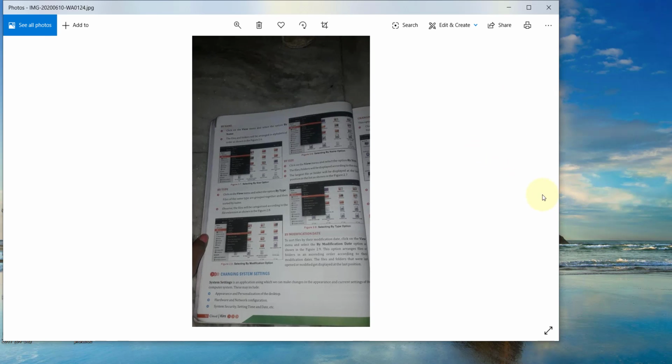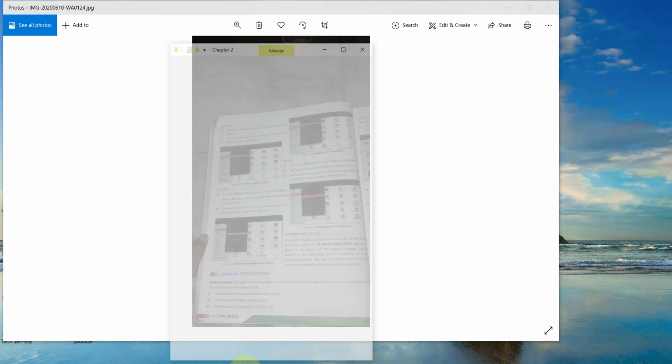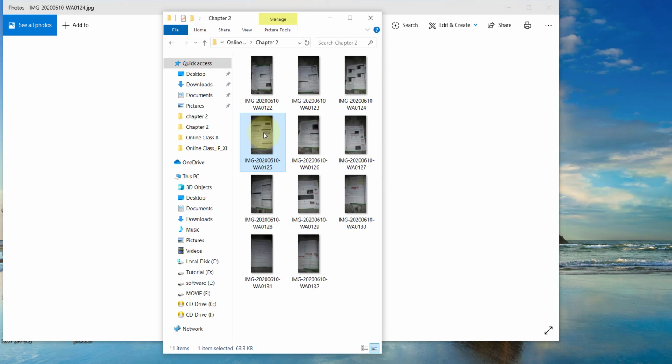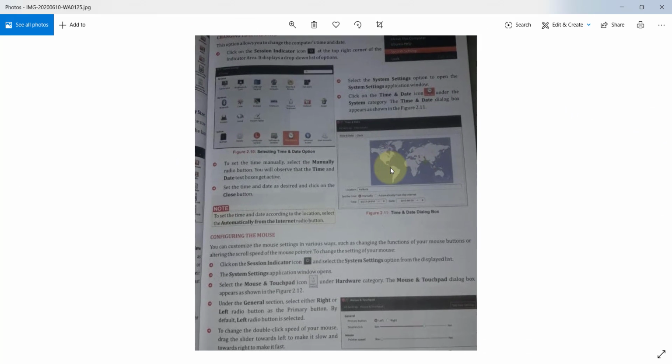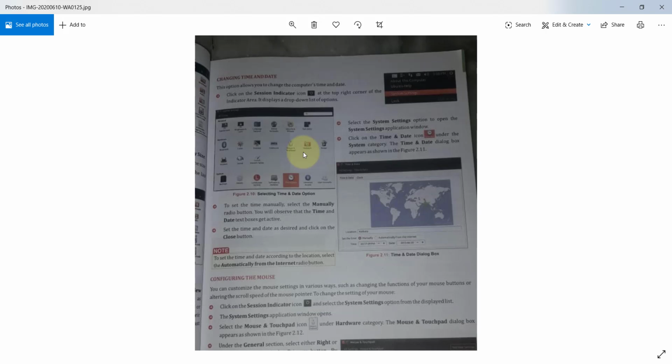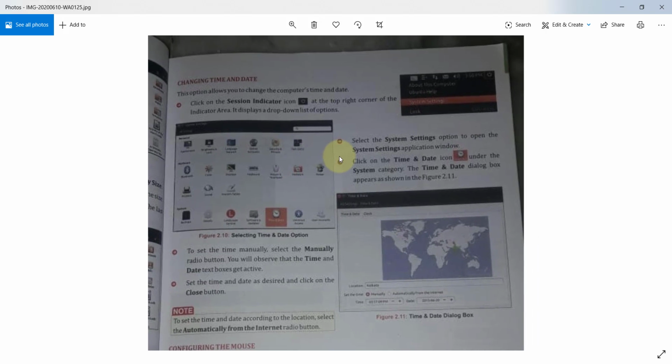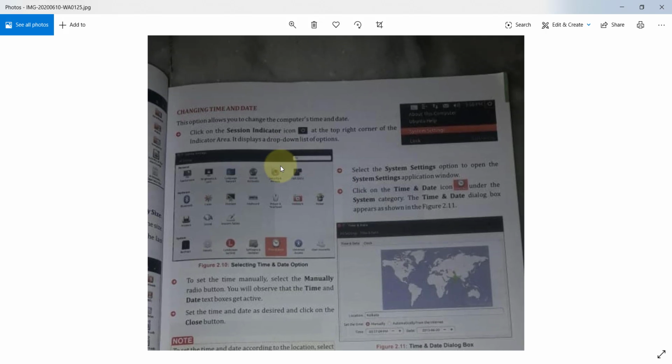Now we are going to understand the next thing, which is related to changing time and date. Clear? This step you also note down. This is also an important question.